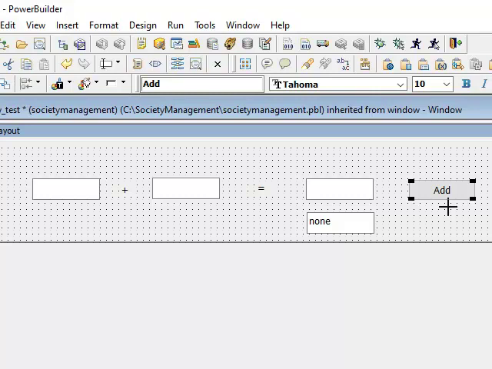Now what we are going to do is, in Power Builder, what we have learned so far is that to create the smallest application in Power Builder, you have an application object, from where your program will start.